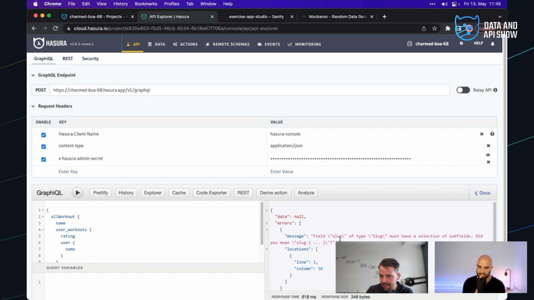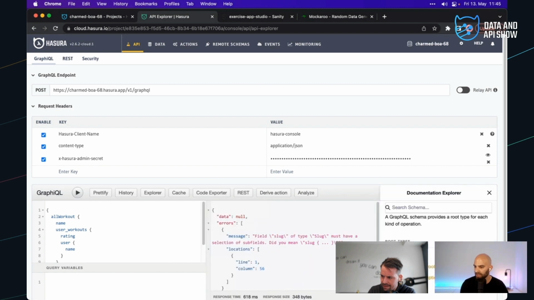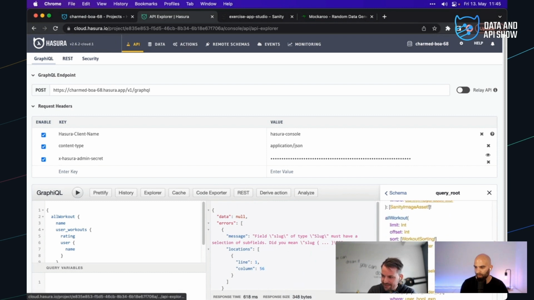But what I wonder, could we use the underscore ID? We can try. I think that the exposed GraphQL, if we look at the all workout here. Because another thing is we can also just make a super simple text input field. We can do a super simple text, yeah.